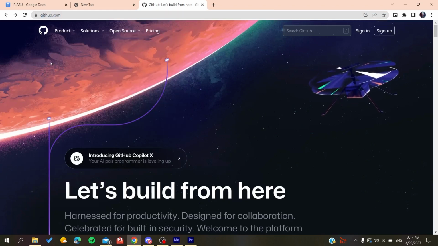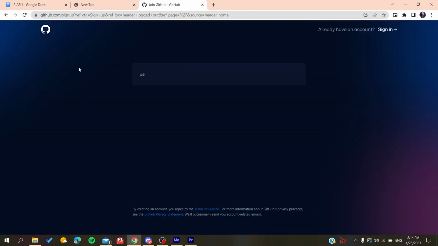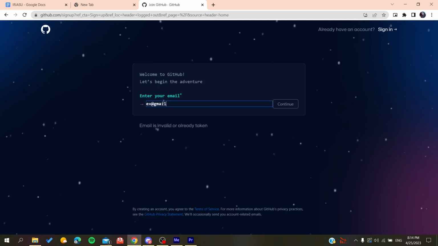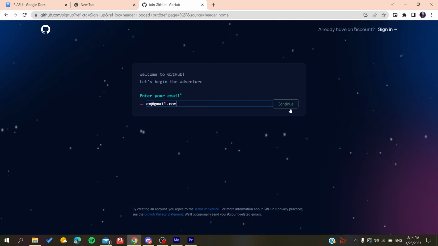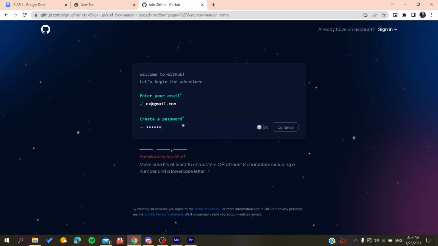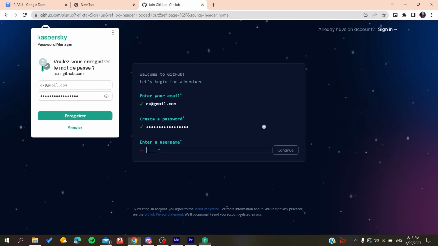And now we will need to create an account so we can use the GitHub services. So basically all we need to do is click on sign up and then it will redirect us to the sign up page. Now you will need to add your email, gmail.com or any other email that you are using. You click on continue, you create a password. If it was anything like that, you click on continue and then you will add a username, for example